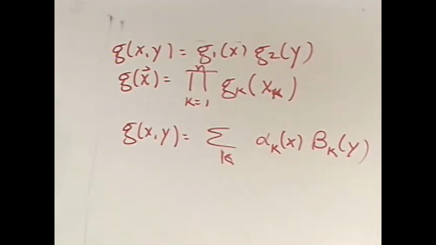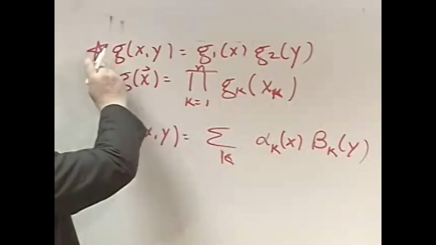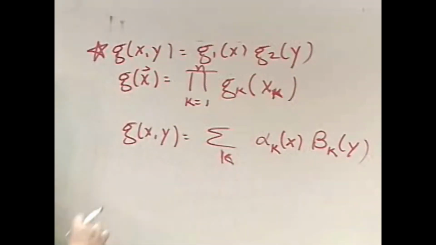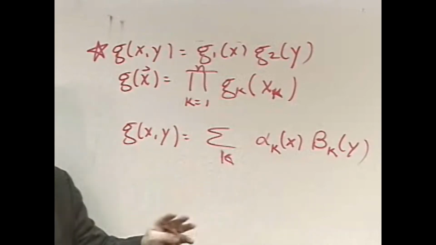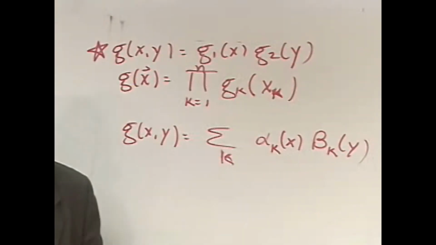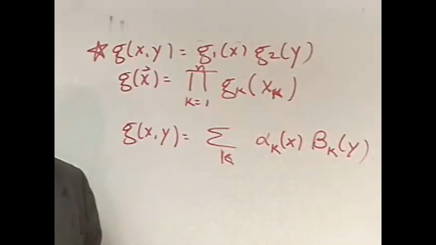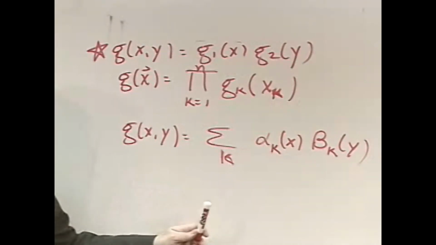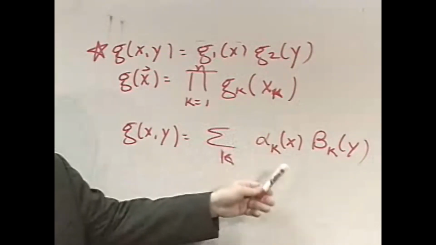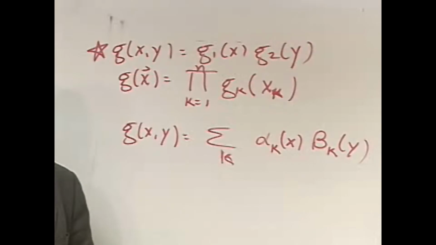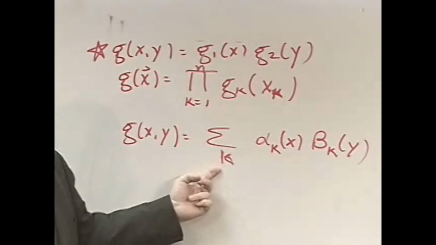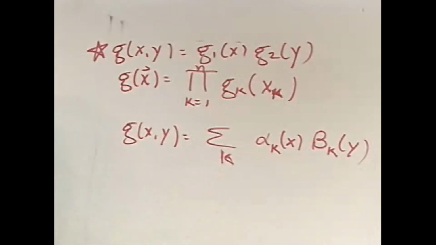Now, this is a product form here. What I'm saying, this is not a product form, but it is the superposition of a number of product forms. So this is a summation of a number of product forms. And what I'm saying is that any arbitrary two-dimensional function can be written as a superposition of separable functions. Sometimes this summation is infinite, in which case it doesn't help you out very much. But nevertheless, this is always the case.